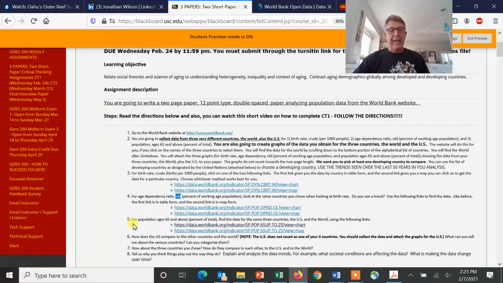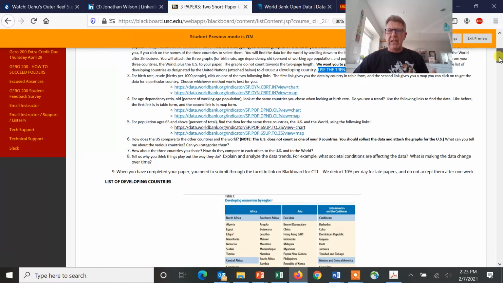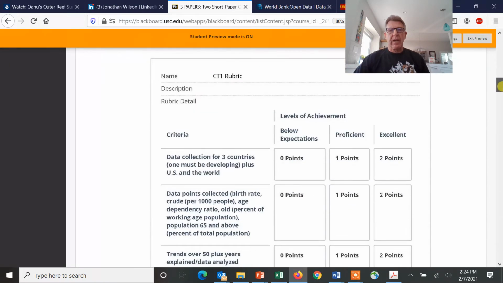We're also just looking at population changes as a function of age, and when you're looking at this, look at these transitions over the last 50 years. So you really have a good feel of what's going on and what changes have been happening. So address these issues right here, and then you come down here, and here's your grading